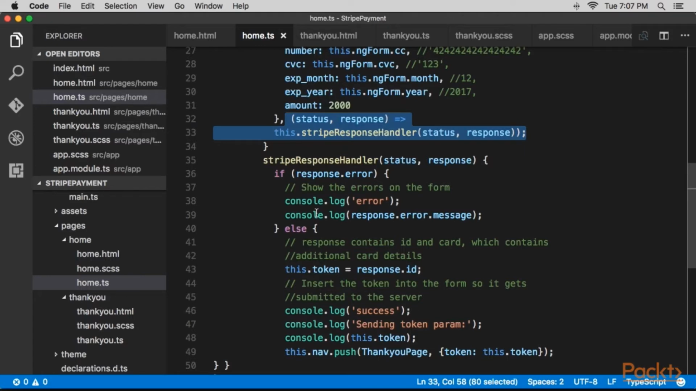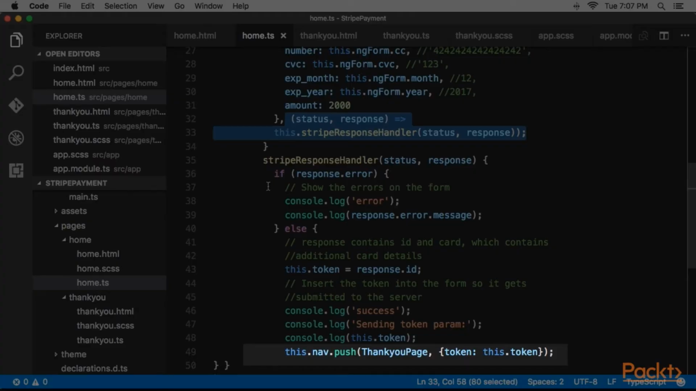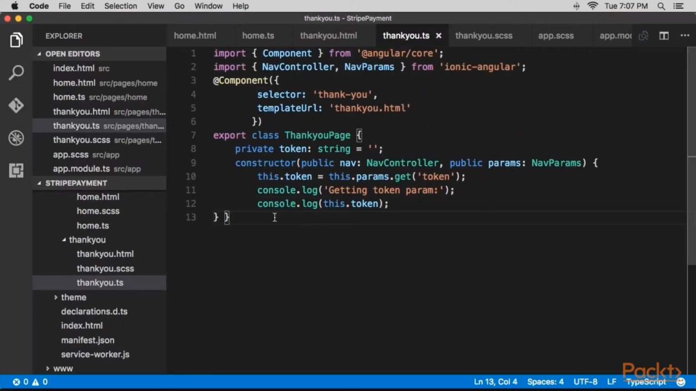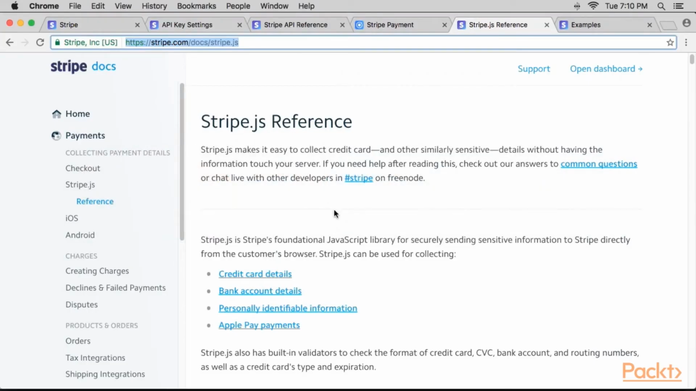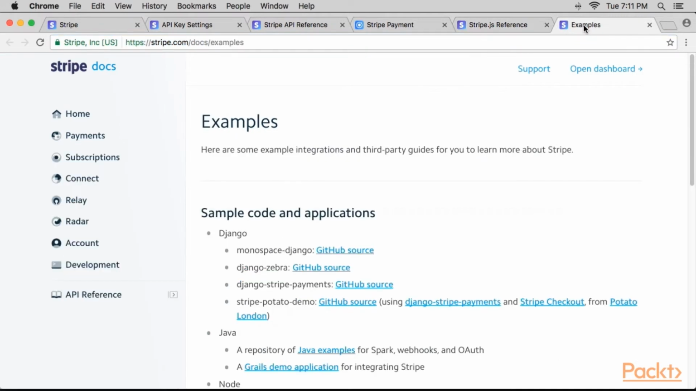In this example, since it only passes the token ID to the next page, you can simply send it as a parameter, token::this.token. In your thankyou.ts, you can access the parameter token using this code. To understand more about the Stripe API, you can check out the official documentation at stripe.com. Also, there are more examples from other languages that you can experiment with at the site